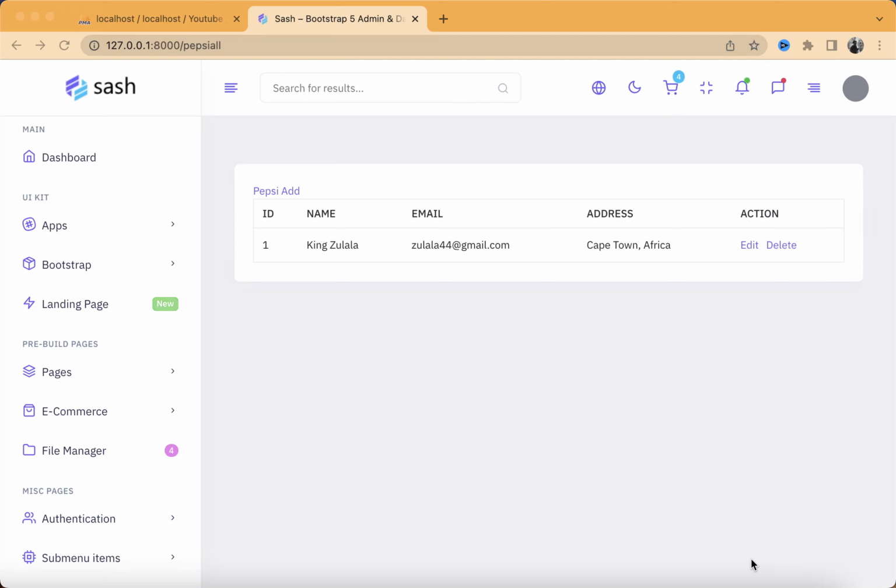Hey guys, welcome to this video, and in this video I'm going to be showing you guys how to perform CRUD operations with an image. I'll be creating, deleting, updating, and inserting an image. As you guys can see, I have no image on my table, and in this video I'm going to be showing you guys how to add an image column in your table and how to display it and fetch